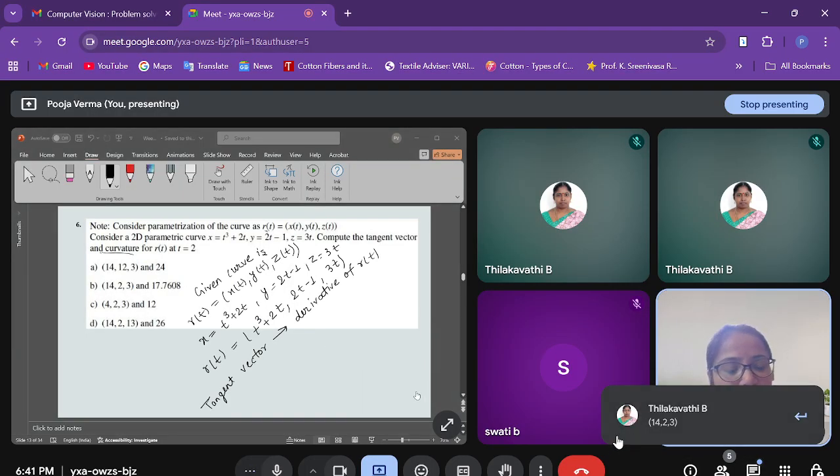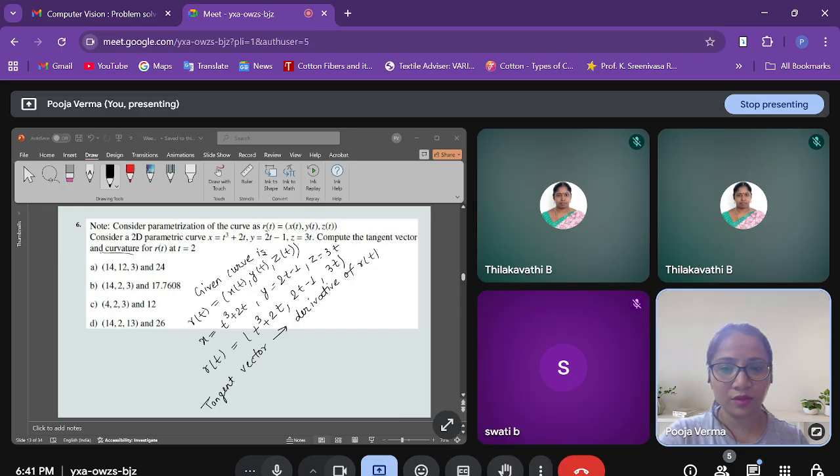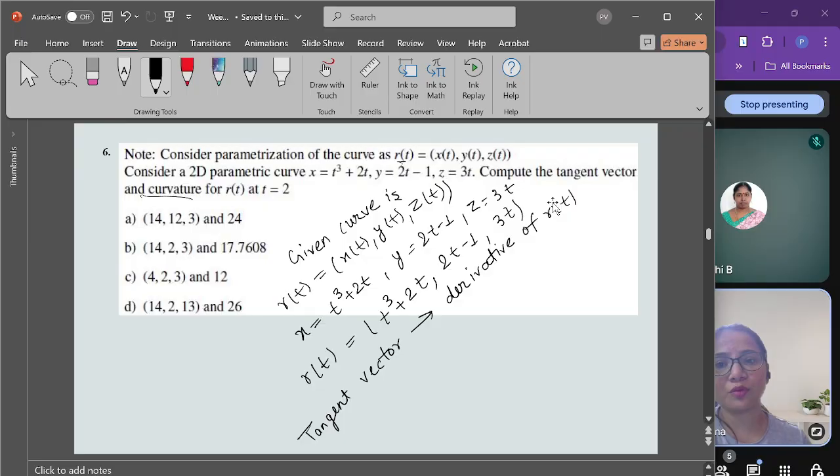Yeah, 14 to 3. Correct, Lavati. So we will move to how to solve for the curvature. So it is also represented as r dash t, r dash t, that is dr divided by dt. So our r t is,